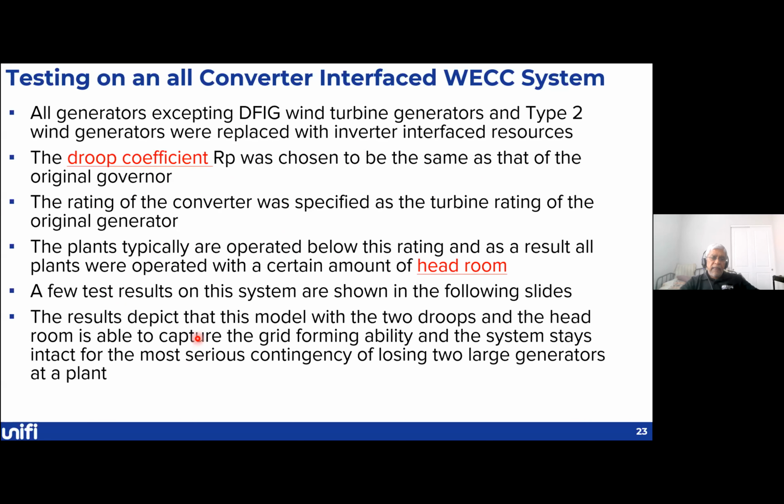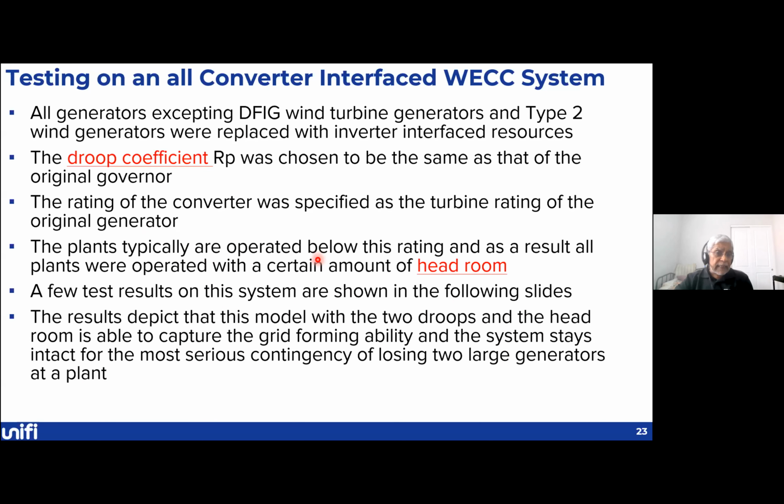We tested it on a number of different types of disturbances. We had loss of generation, we had significant short circuits. We also had closing and opening of transmission circuits. So we have done a wide variety of testing on this particular model. And the results show that this model, with the two droops that we have, one in the active power loop and one in the reactive power loop, and allowing for this headroom,